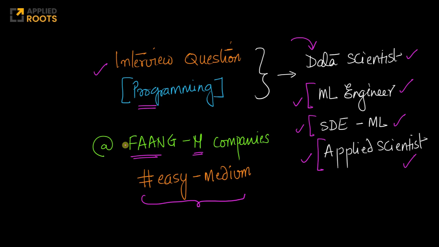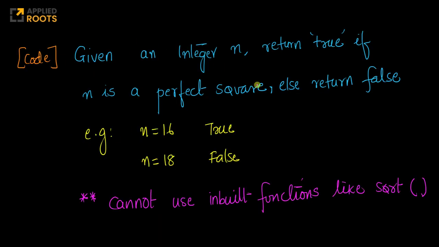Again, a variation of this question or small twist on this question has been asked in almost every major FAANG company. And it's also very popular with good product-based startups. Okay, so with all that, let's go into the question itself. For this question, you have to write code in any language of your choice. For most data science and machine learning roles, you tend to write it in Python.